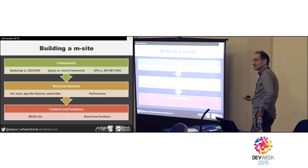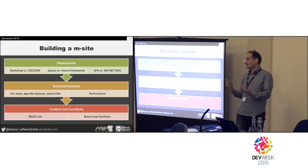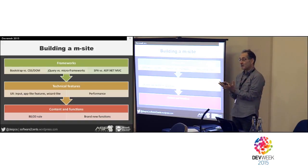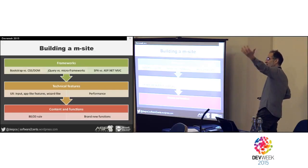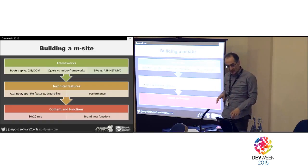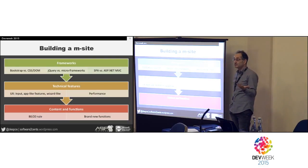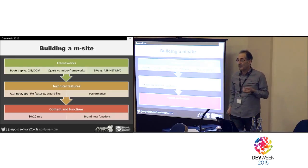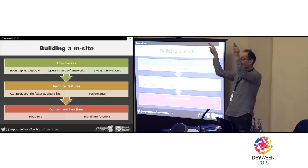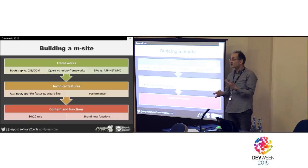When you create a website for a desktop, you tend to assume you have enough room on screen to put several controls for the user to select input data for starting a server-side operation. In a few moments, I will give you an example of a site for booking a court in a sporting club. And there, in a single page on a desktop, the user interface provides options for choosing the